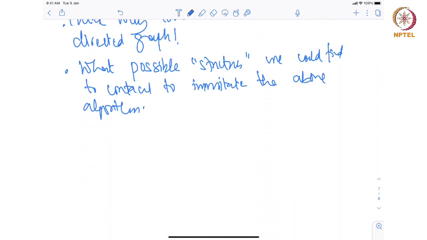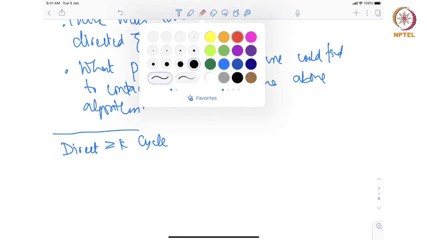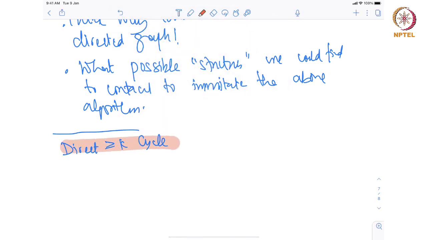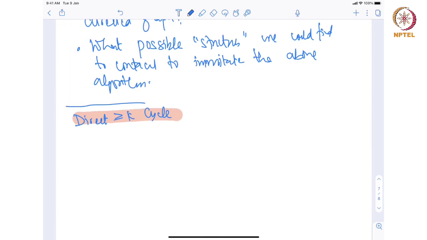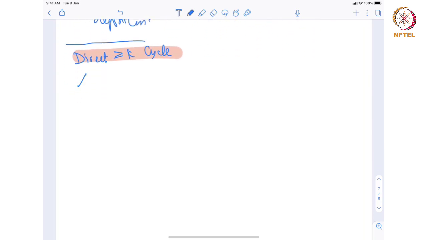Okay. So, now we go back to the setting of the directed at least k cycle case. Now, let us try to. So, one simple observation or lemma that will at least get us started, and that is like a starting point for some of these algorithms. The basic lemma is